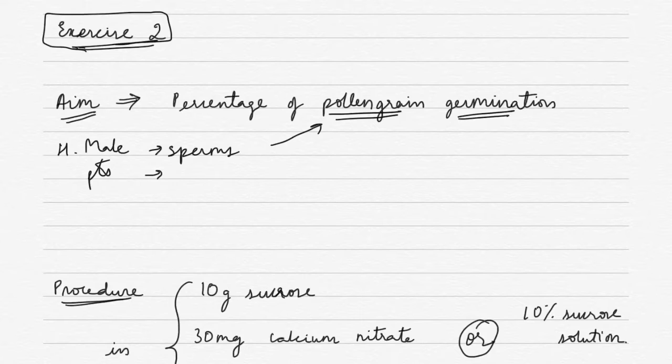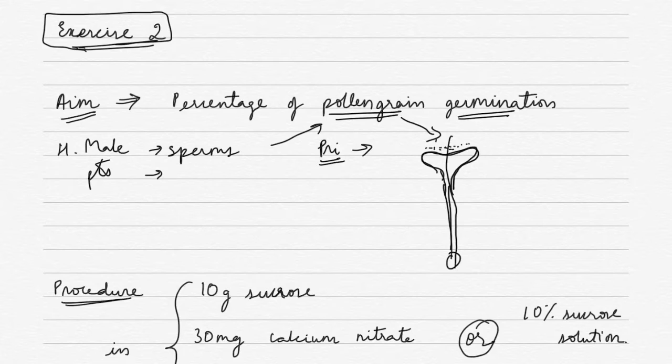Second point, the principle of the experiment is this: pollen grains are deposited by different means on the stigma, which is a part of the carpel. Carpel has ovary, style and stigma. The stigma is the platform on which the pollen grains get deposited, and once the pollen grain gets deposited on the stigma, that is when there is pollen tube formation, and that is how the pollen grains reach the ovary.